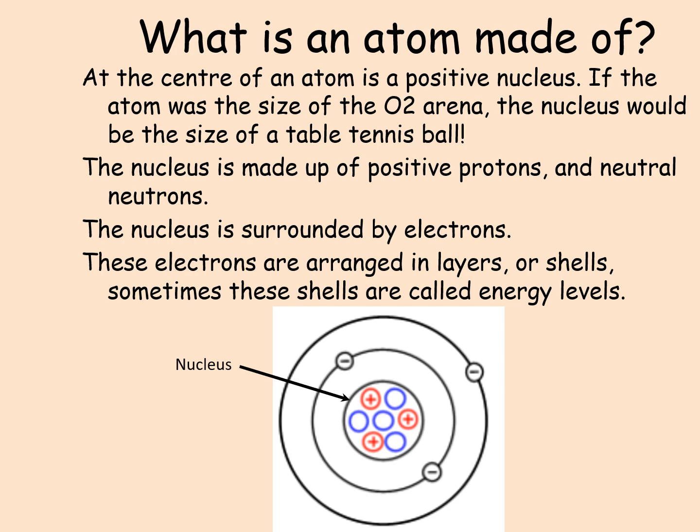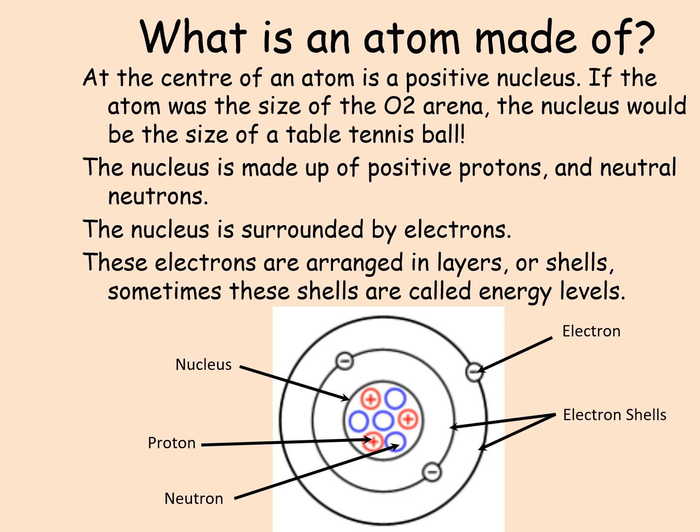So if you did your diagram before, the nucleus, as I said before, is this black circle in the middle. Protons are the ones with the positive sign because they have a positive charge, the red circles in the nucleus. Neutrons have no charge, so they are blank blue circles, again in the nucleus. The electrons have a negative charge. They are the minus symbols in the black circles going around the outside. And these are both electron shells. So we've got one electron shell here and another going around the outside of it.